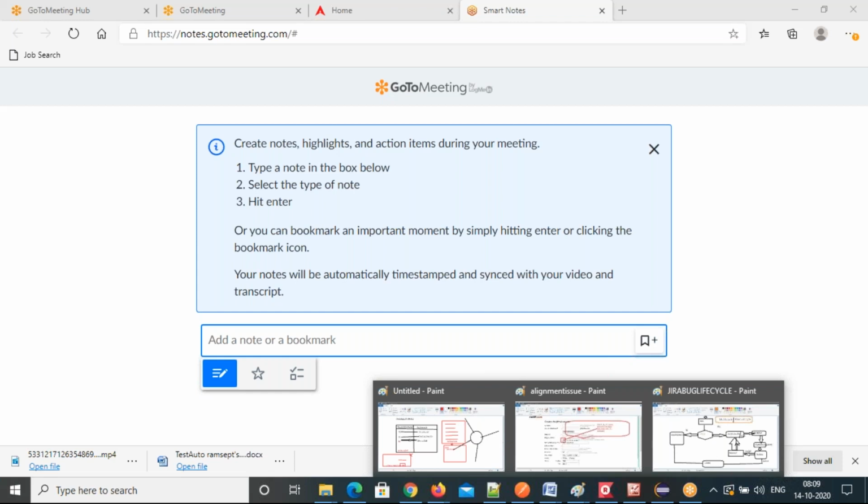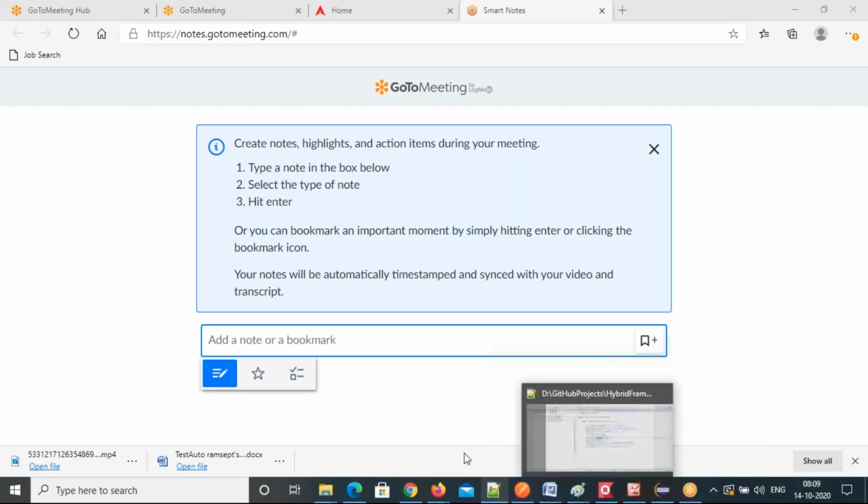Can you merge your Selenium Remote Control code and make this project very powerful? And they accepted, because one big company was joining in the development of the Selenium project. Then Selenium RC plus WebDriver became Selenium WebDriver. That means Selenium 1.0 plus WebDriver equals Selenium 2.0. The first WebDriver version is Selenium 2.0. That's how WebDriver came into the market.